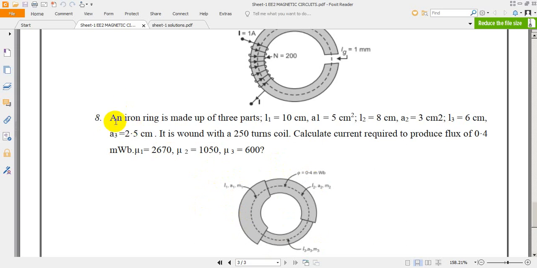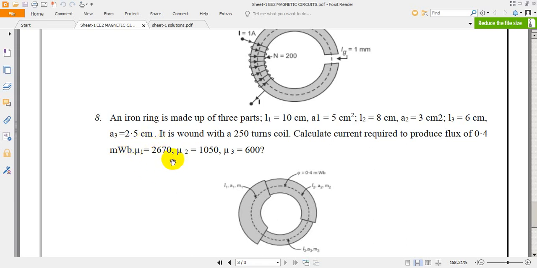Now an iron ring is made up of three parts. L1 is equal to 10 centimeters with a cross section of 5 centimeters square. Length of the another magnetic part is 8 centimeters with a cross section of 3 centimeters square, and the third part is of 6 centimeters length and a cross sectional area of 2 centimeters square. It is wound with a 250 turns coil. Calculate the current required to produce flux of 0.4 milliwebers, where mu1 is equal to 2670,